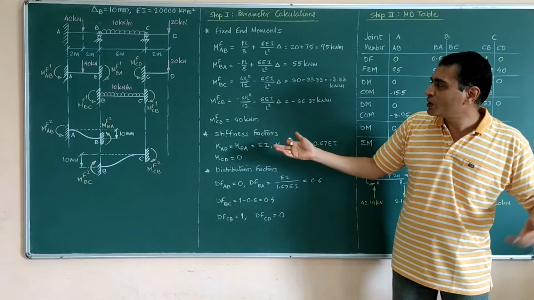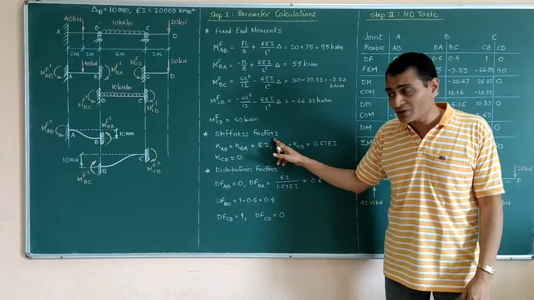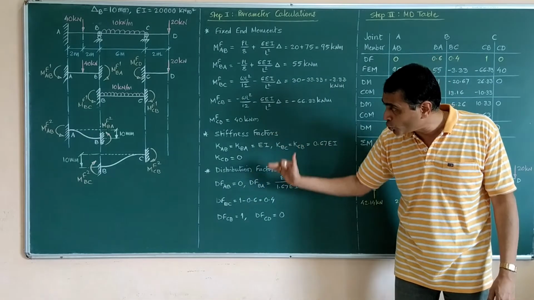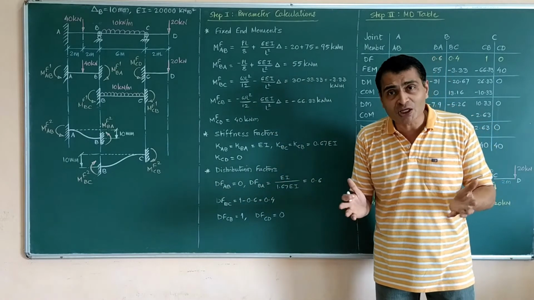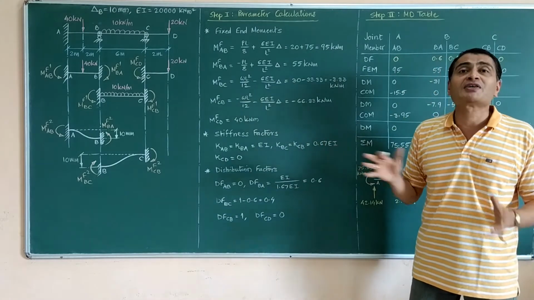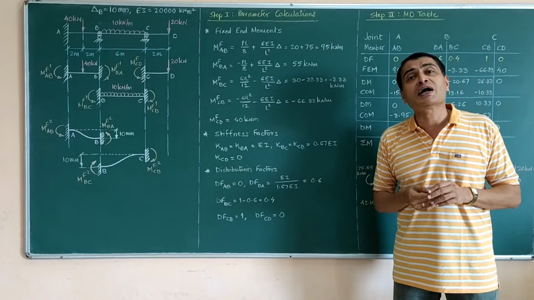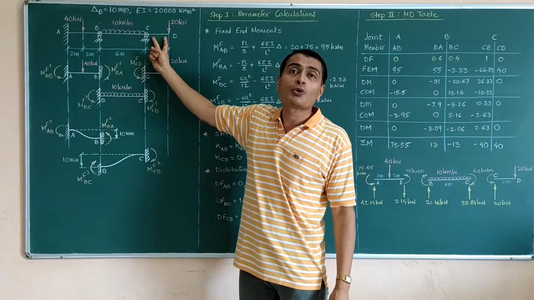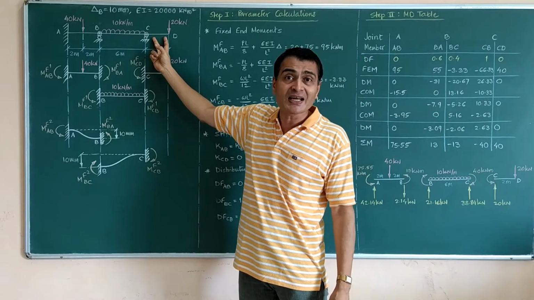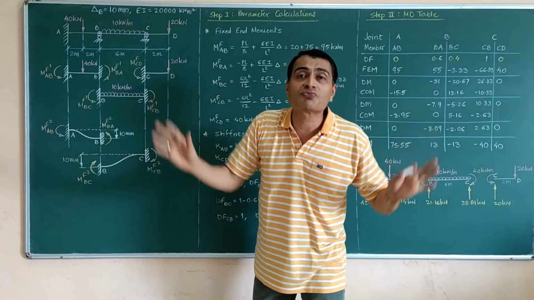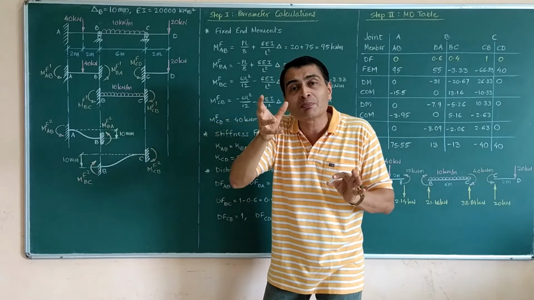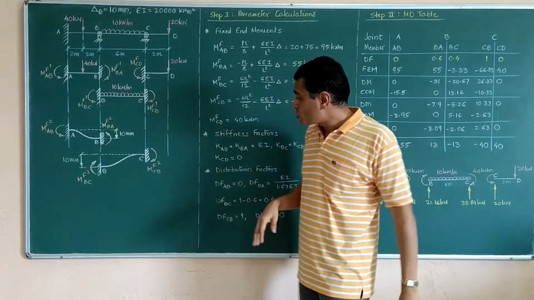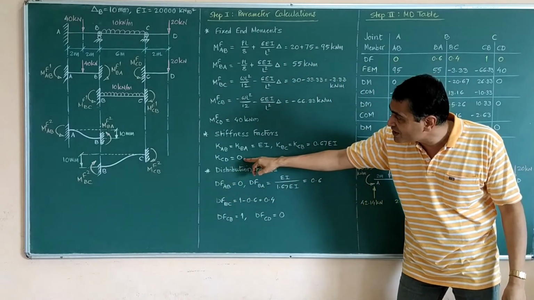Then we go as usual to finding stiffness factor and later on to finding distribution factor. So let us go through this quickly because this is a repetition. Each stiffness factor is simply going to be 4 EI upon L except the last one where we are going to say that D end is a free end. So CD has no stiffness at all. If I try to rotate member CD, since D is free, it would undergo free rotation. So I have written stiffness factor CD is 0.